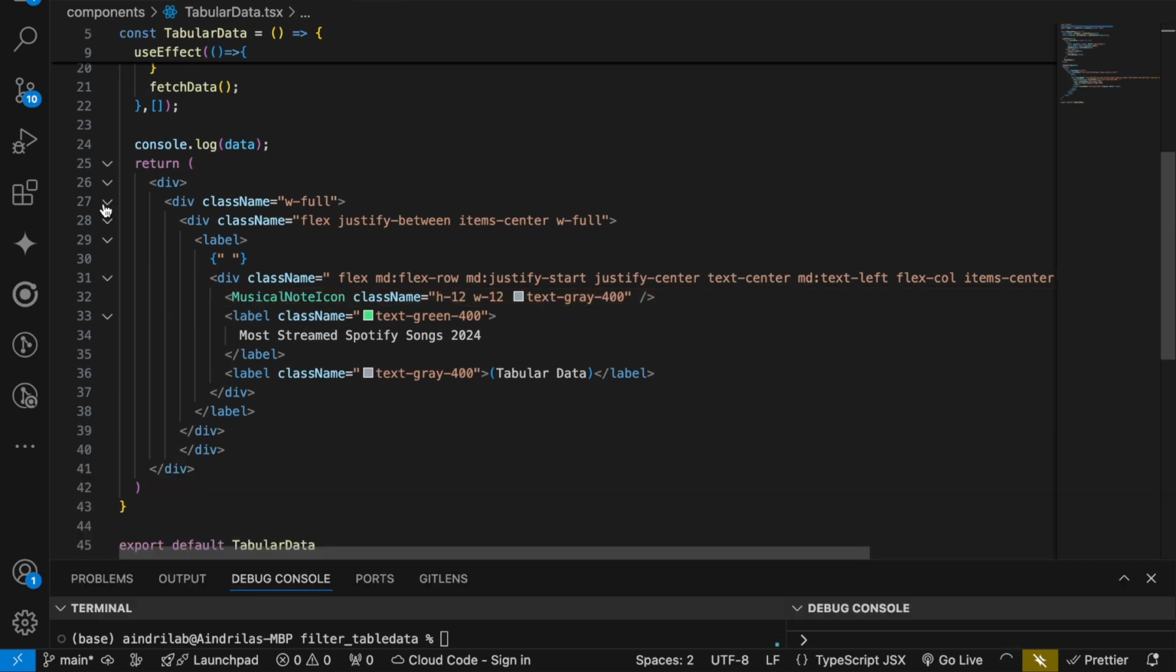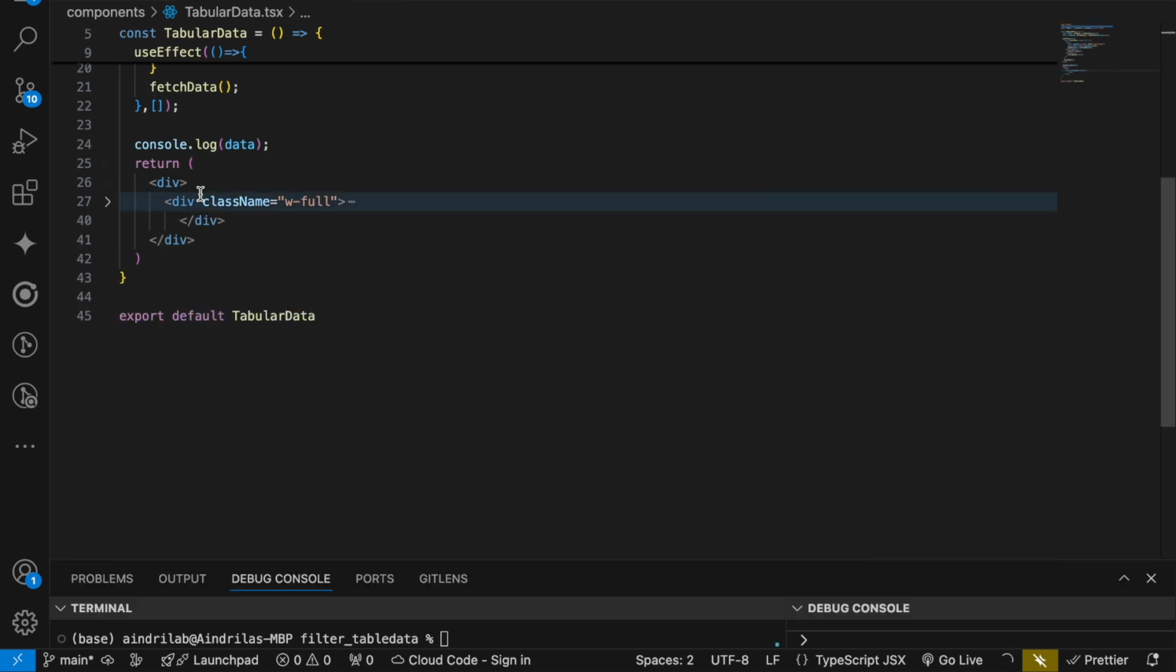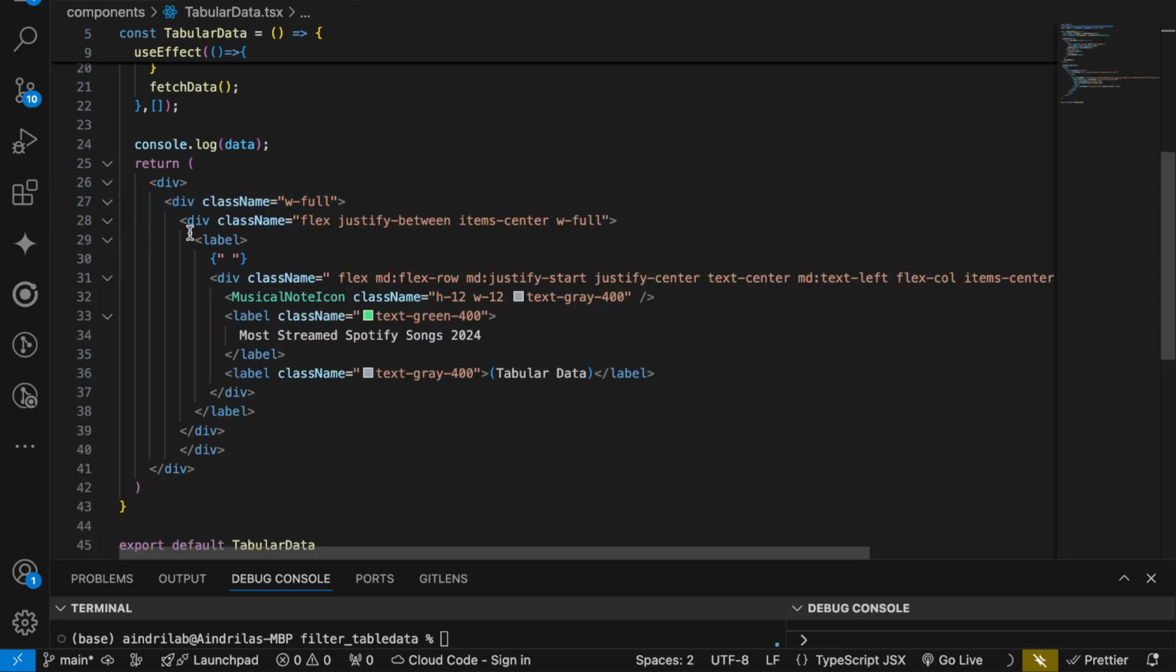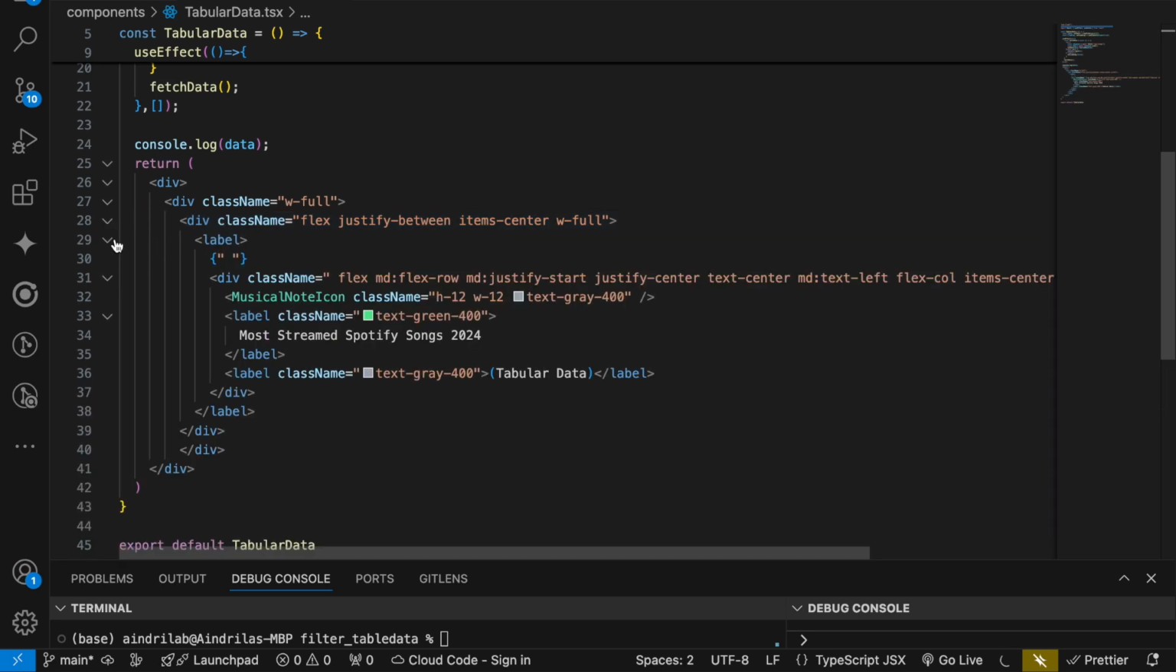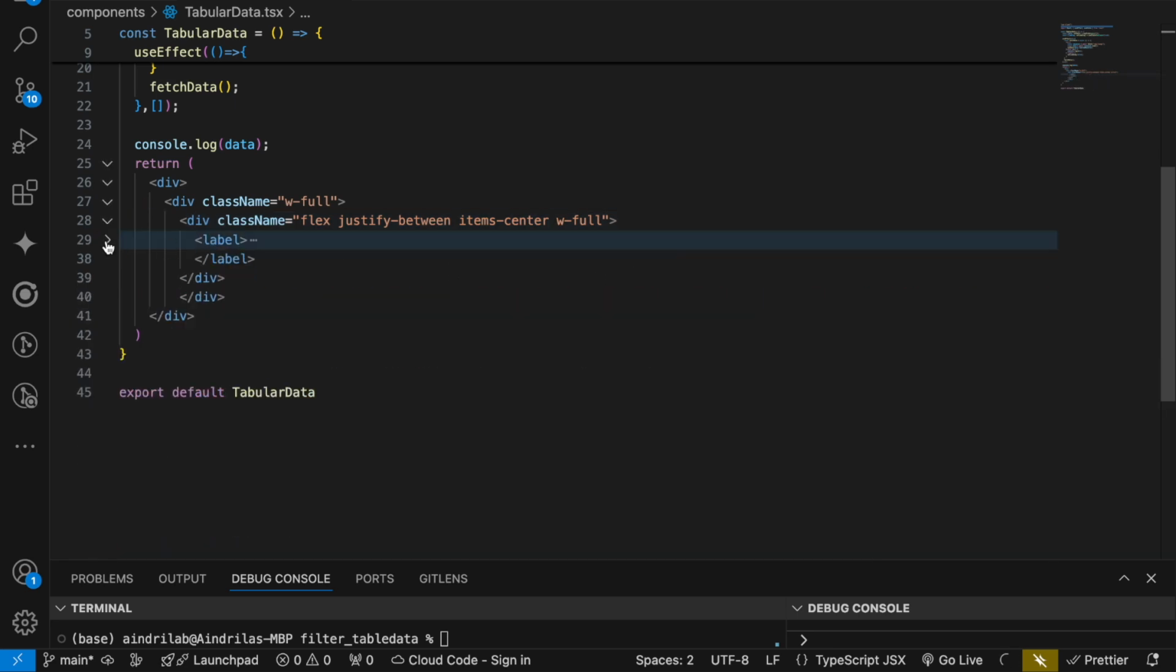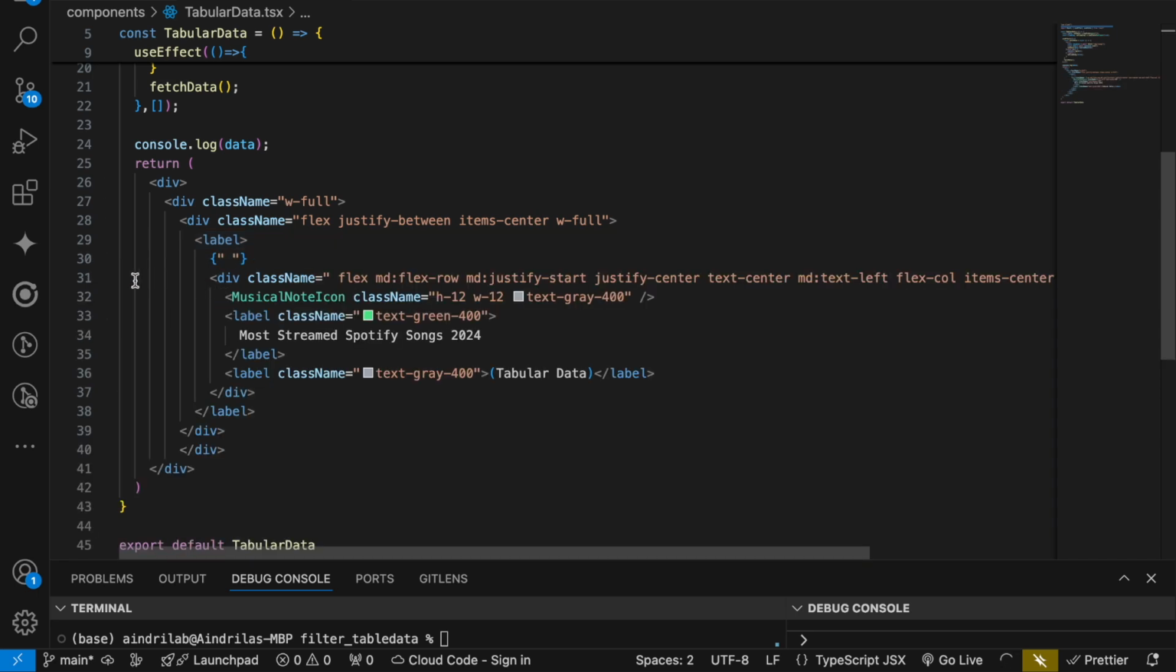At first I'm creating a div. You can see inside a div there is another div, and inside this div I'm taking display of flex, justify-between, items-center and width full, very common CSS. Now inside, I've taken a label here. First,